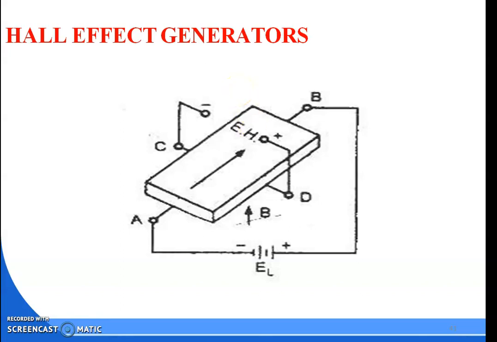This is the important long question. You have four faces A, B, C, D, and you apply voltage at terminals A and B, but you get a voltage across C and D, that is EH. Why is it written EH? E is potential, H stands for Hall effect. EH means Hall effect voltage. You can write it as E small h, or say EH is generated across opposite sides of the bar. Clear, all of you?